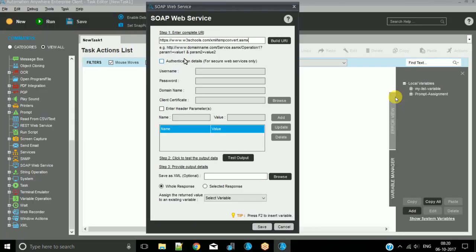I don't think I need any authentication. If you need authentication, I told you, the client is going to provide you the web service link and authentication like username and password and some other details. If they provide, we will use it. If it is not required, no need to do anything. Here the operation will be Celsius to Fahrenheit. If you click on build URL,